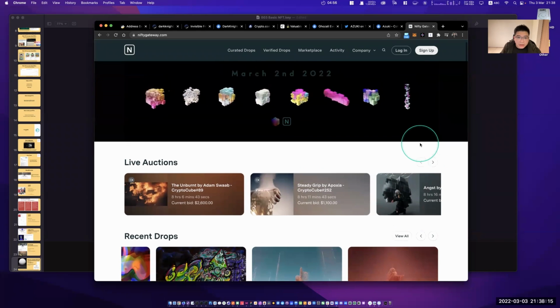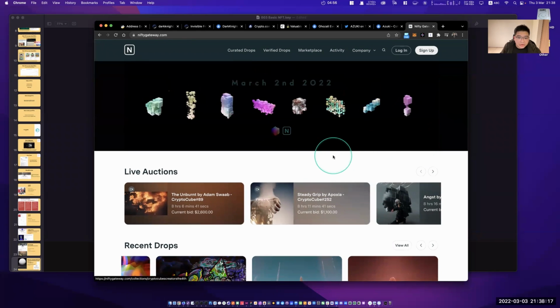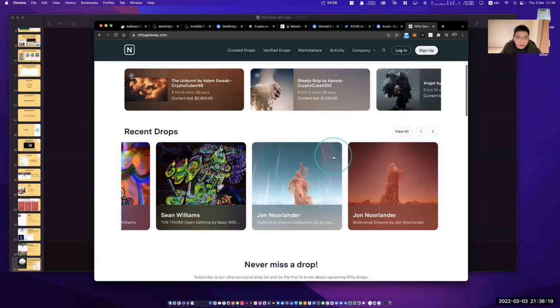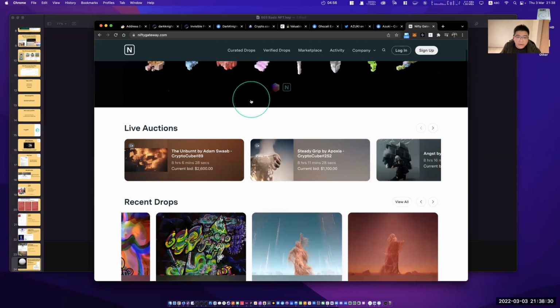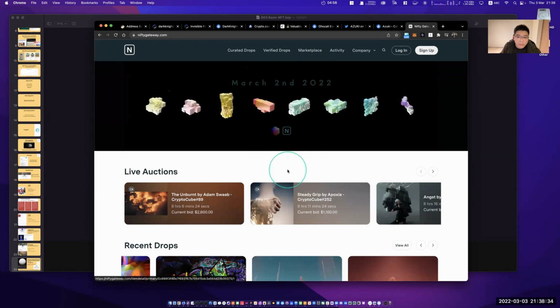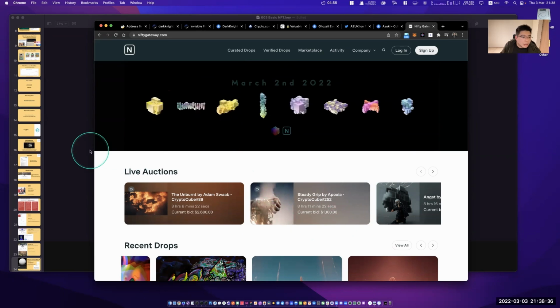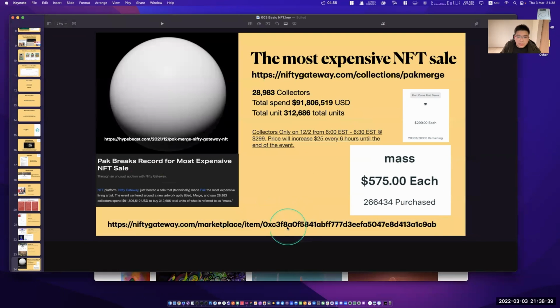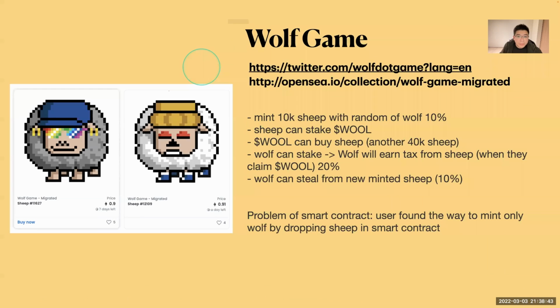Anyway, this is the marketplace. They try to connect the artists. They try to be the middleman so that you can buy the NFT by using USD dollars, and you can verify your name and put the art here. You can check this one later, because we don't have time.